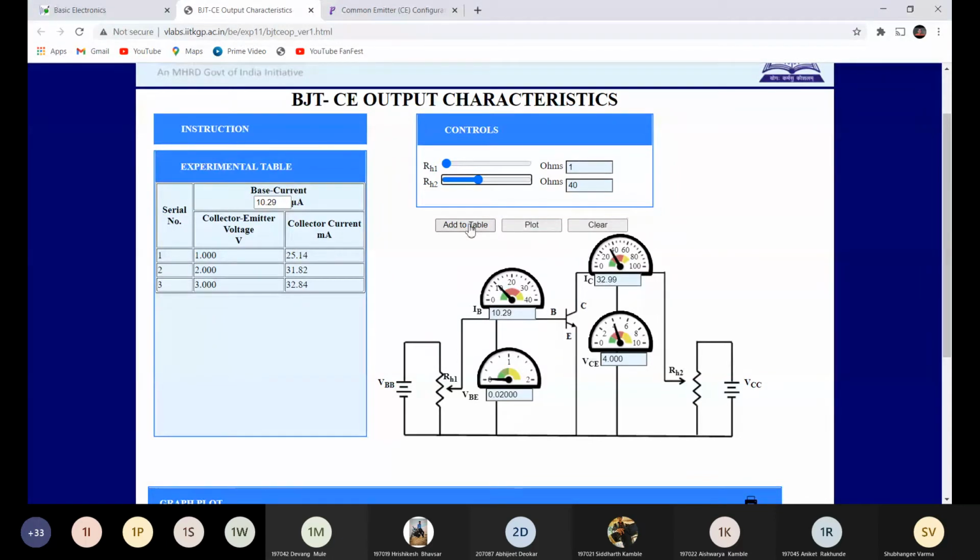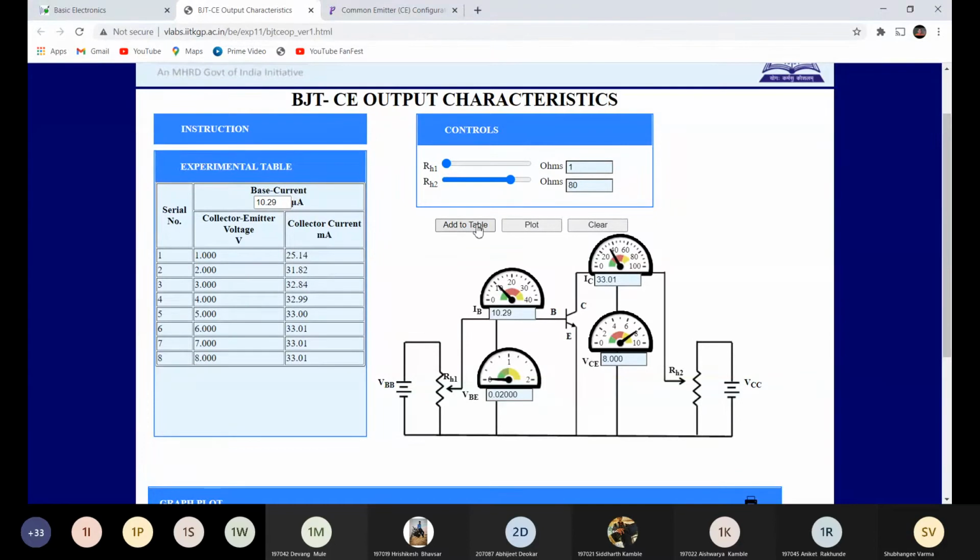So we are going to take the reading up to 8 volt or 10 volt, 5 volt, then 6, add to the table.